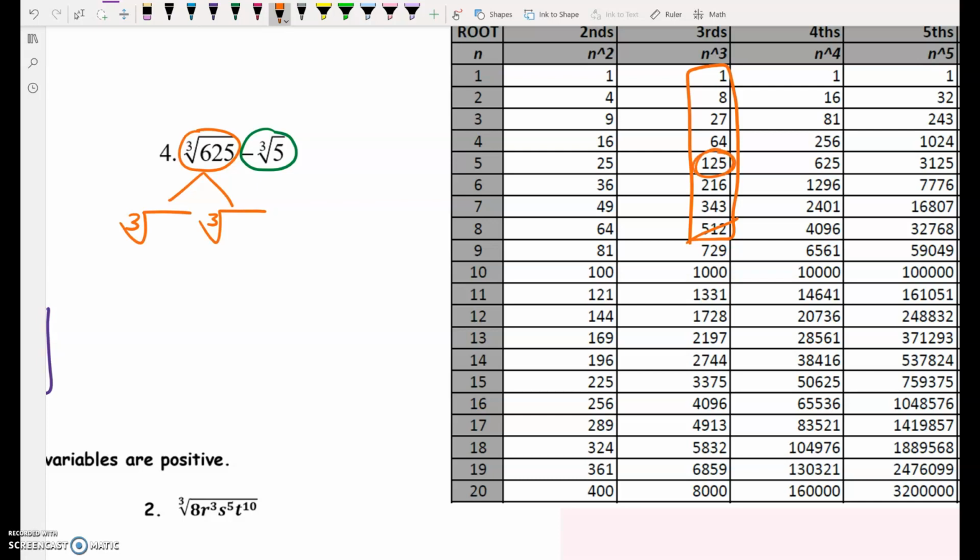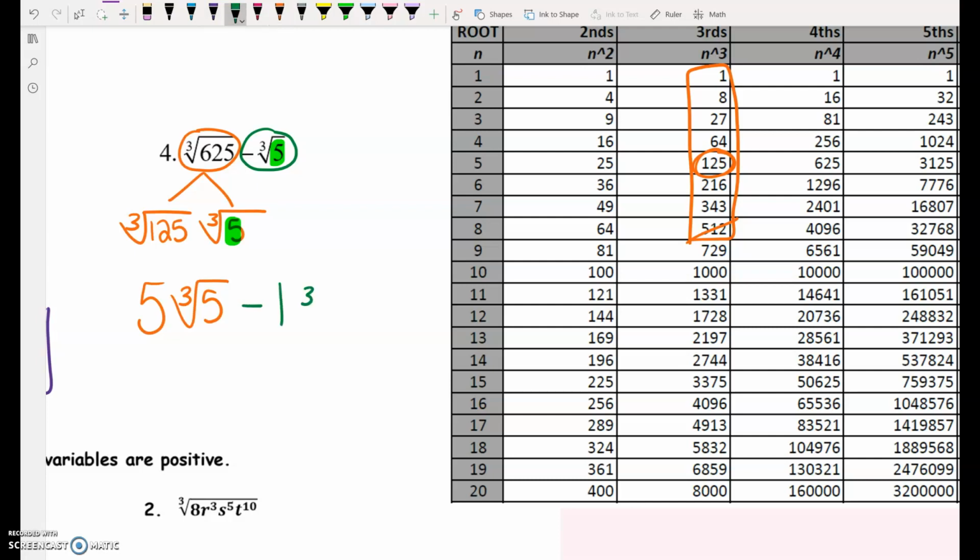125. Because it's 625, it ends in a 5. You kind of want to look for those other numbers that end in a 5. So this is 125 times 5. Also, this number is going to help you in simplifying the radical because the 2 radicals need to end up matching. So whatever that second radical is, that's going to help you split that up. The third root of 125 is 5. So we have 5 times the third root of 5